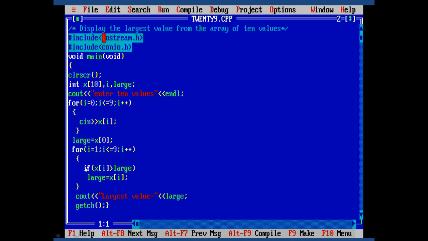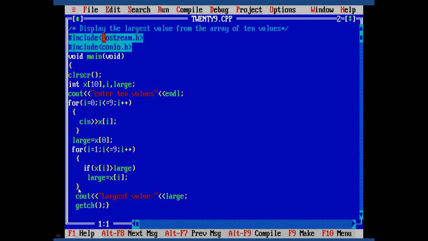So in this way, when this loop works, the largest value will be calculated and assigned to the variable large, because each value from 1 to 9 is compared with the variable large, and each time a new large value arrives, that new large value is given to the variable large. So when this loop is completed, the variable large will have the largest value in this array. Mind it, we start from 0, the 0th value is assigned to large, and the loop will start from 1 to 9. Okay.